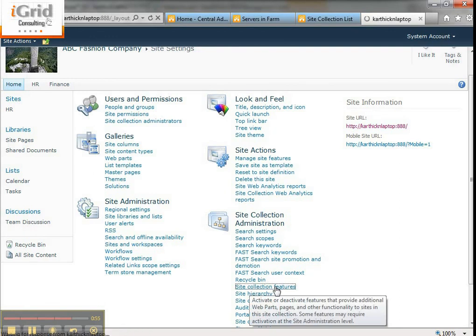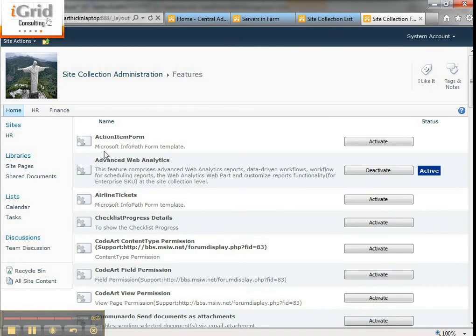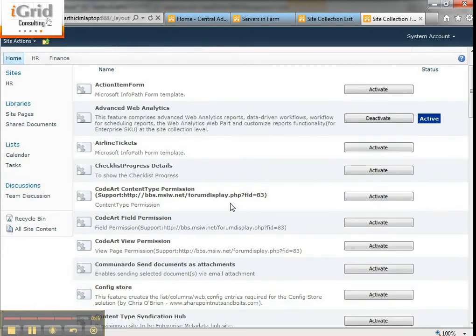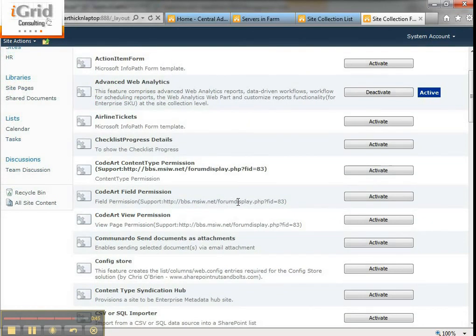In SharePoint, the way they've done it is every new feature that you want needs to be activated. It's like you have a car dashboard, but the speedometer will not appear until you activate something. I'm just giving an example. The AC will work only after you turn it on, but the AC is there. Likewise in SharePoint, you have these features. If you want to use them, you have to activate them. So we'll come back to this particular